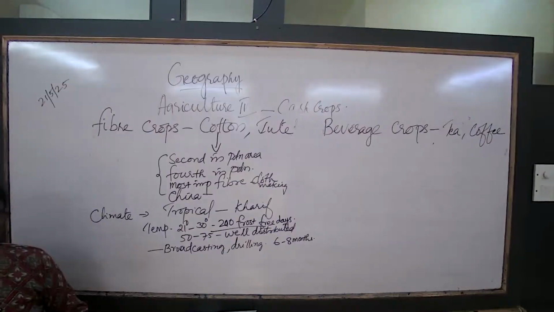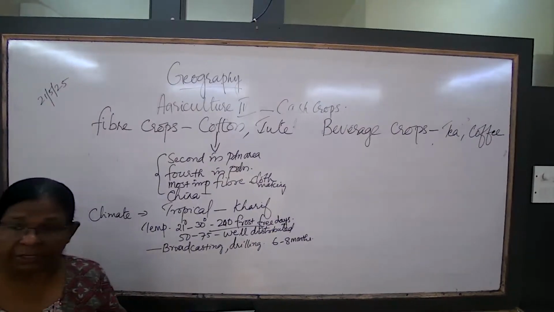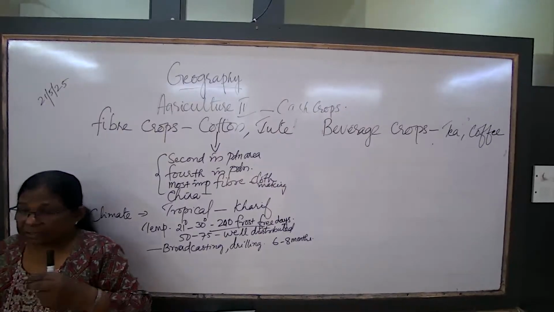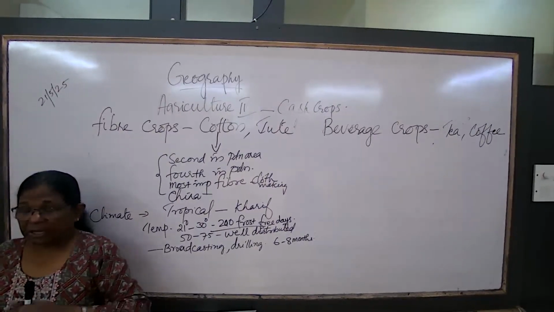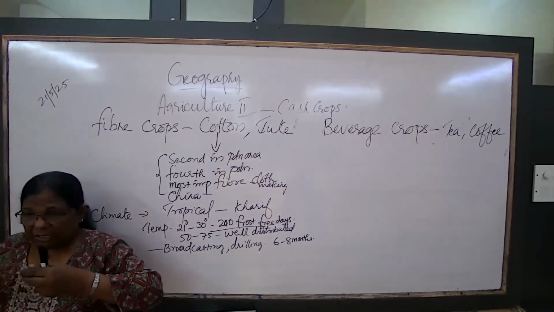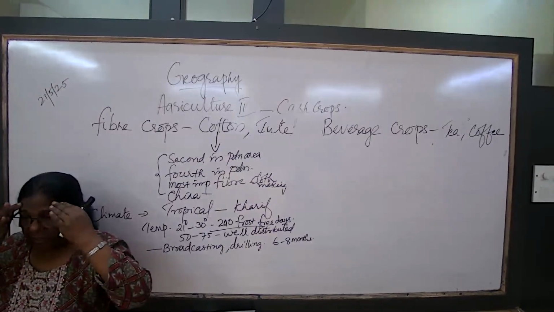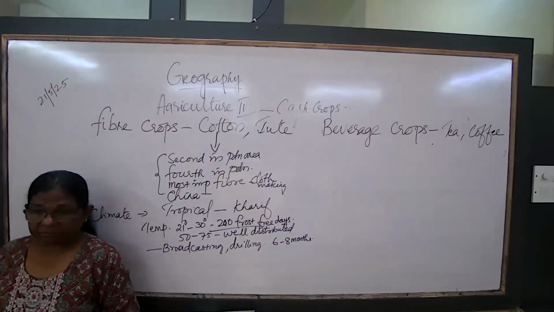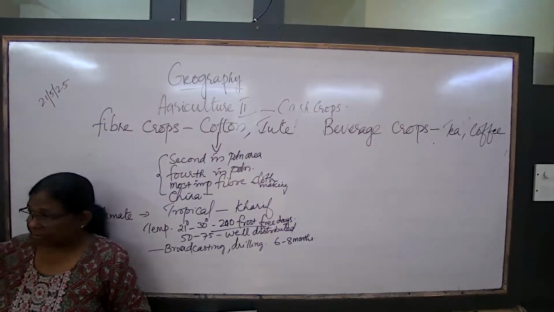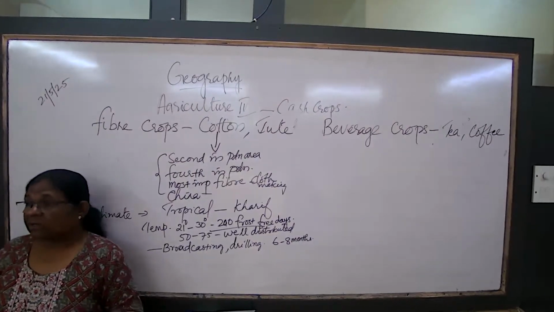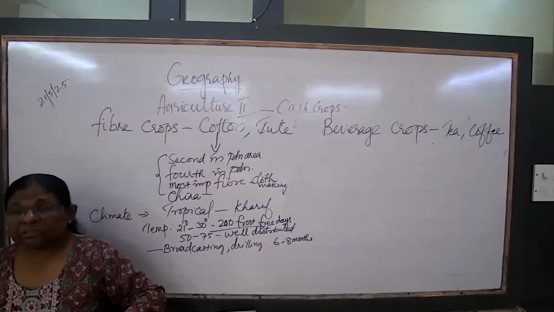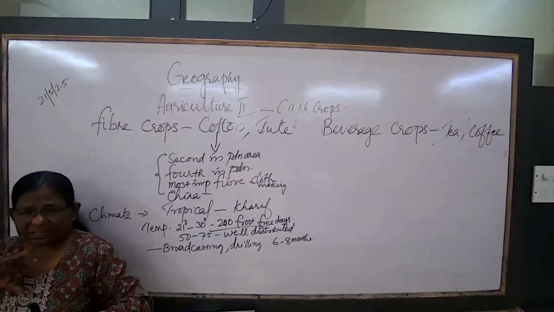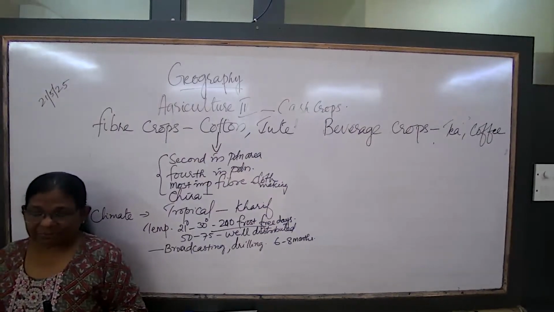Black soil, what is the peculiarity? It is sticky in nature. What is formed? Cracks used to form when it is dry. During the summers, cracks used to form. That helps aeration, air movement. That is, it is a self-ploughing method.